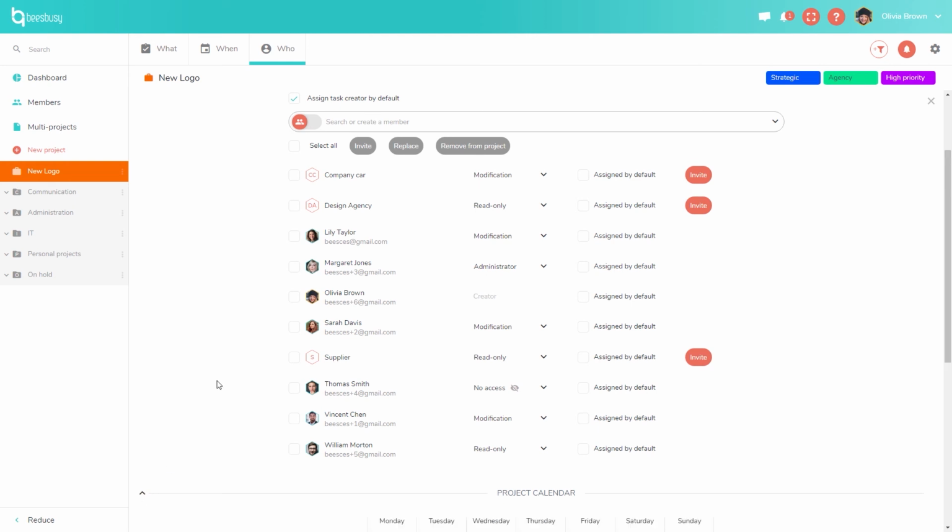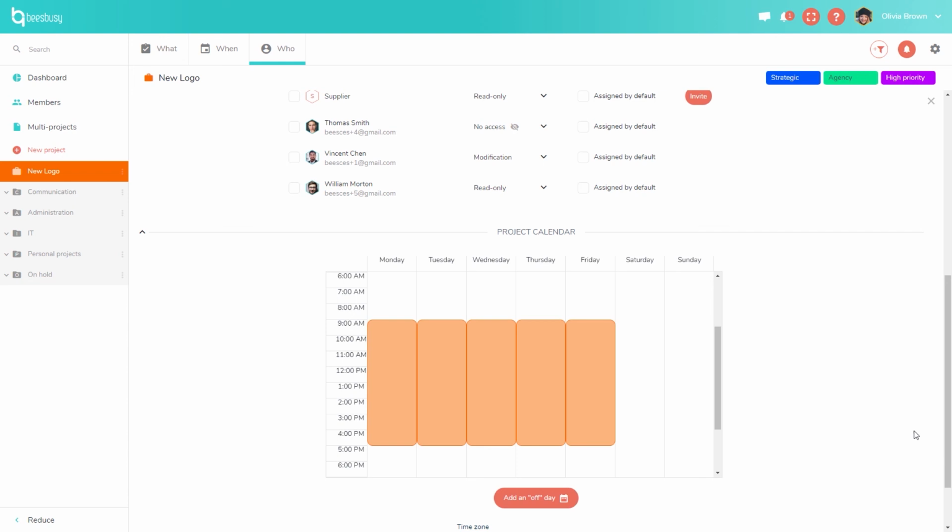In the project calendar here, you can set the working hours for the project. So the working hours of your project are taken into account when you're planning your project. So for instance, if you want to say that you are working on this project from Monday to Thursday, and you're off on Friday, Saturday, and Sunday, if you schedule a task for 5 days, starting on a Monday, it will go from 1, 2, 3, 4,